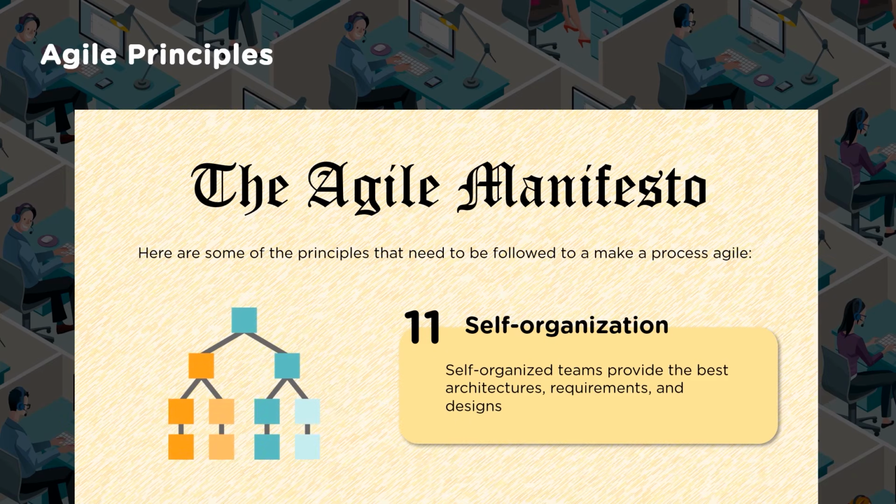Self-organization. When we say self-organized teams, no single person is capable of everything, but when you look at the team as a whole, each one has different skills, many skills, not one or two, which complement each other. So they come together, discuss together, focus on the architecture, requirements and design, and address it together. So the team is also owning. Ownership is one thing that comes into the picture when we say team.